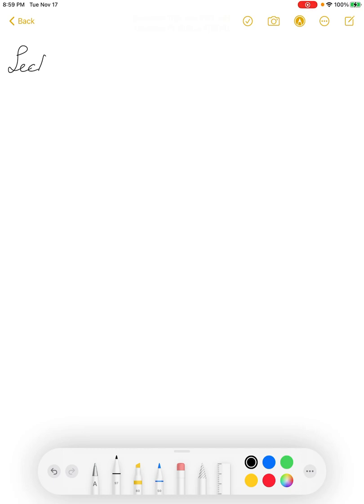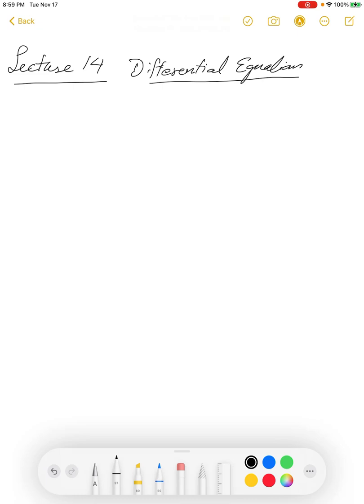So this is lecture 14 of differential equations. And let me recall, we started with Laplace transforms last time. It's a linear transformation. L of f is a function whose value at s is the integral from 0 to infinity of e to the minus st f(t) dt,